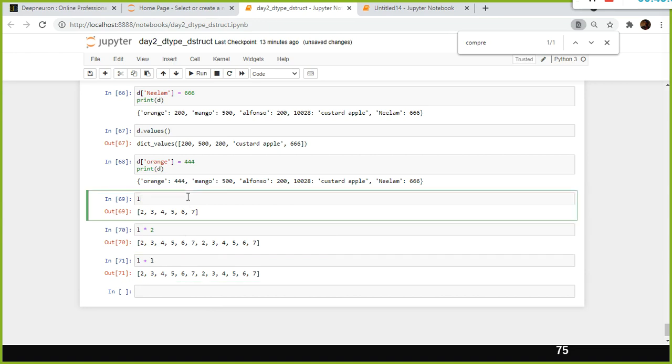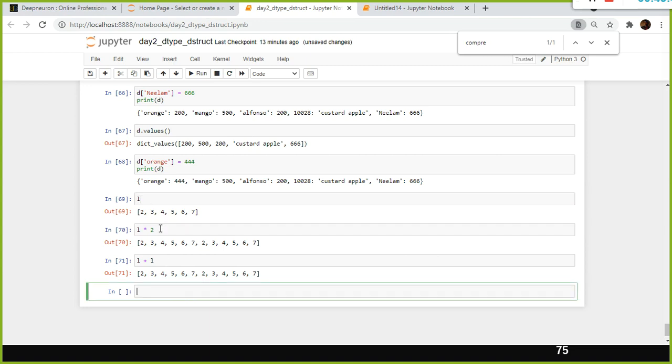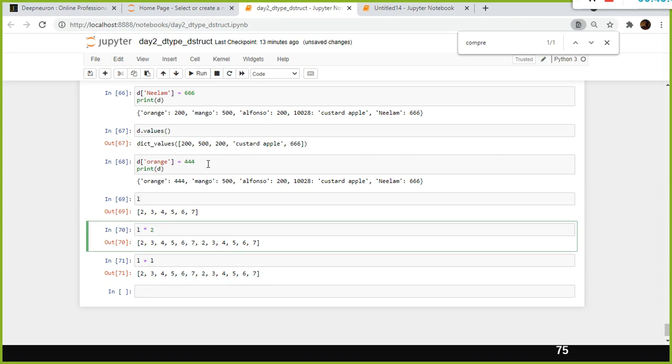But in the case of a dictionary, we wanted to check this one. I want to multiply each and every value irrespective of the key. I want to multiply all the values by 2. Supposing you have a price for each and every product, every fruit. Let's say you have a price here.